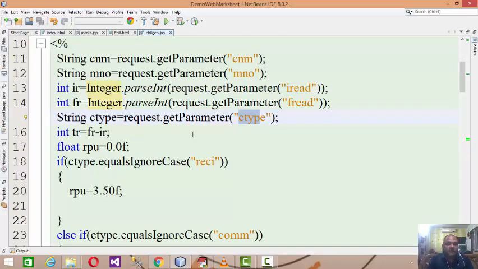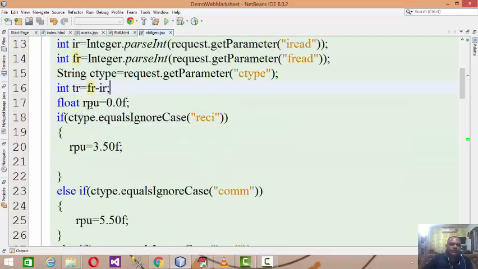Try and remember one thing, that the consumer type data is the radio button type of data. So obviously you have given the group name, that is ctype. That ctype value will be assigned to the consumer type. Now total units consumed will be TR, that is FR minus IR, final reading minus initial reading, and then initially rate per unit I keep as